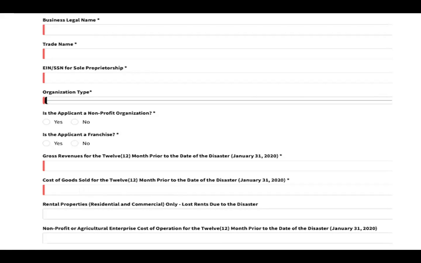Of course, the other lines are for people who have real estate, landlords, for lost rent, Airbnb is the third one, and agriculture or nonprofit organization is the fourth one. So for regular businesses, it's the first line and second line that you need to fill out, okay? So make sure you are aware of that